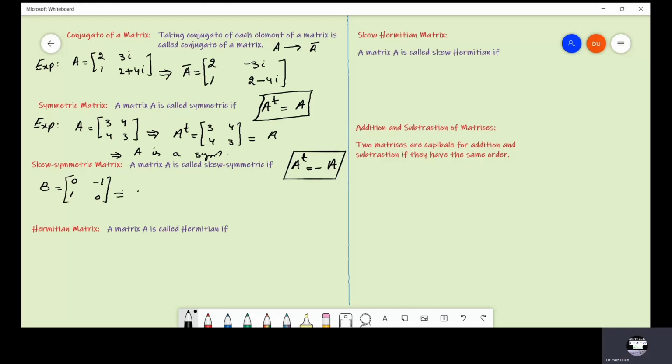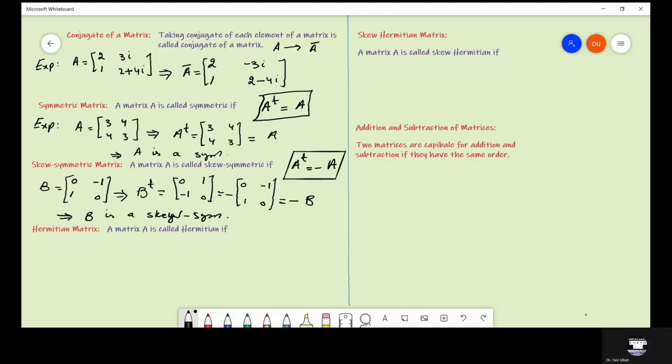Let us take its transpose. So B transpose is equal to, write first row in first column, second row in second column. Now let us take minus as common from this. We will get 0, minus 1, 1 and 0. And we can see that this is the matrix B. So B transpose is equal to minus B. This implies that B is a skew